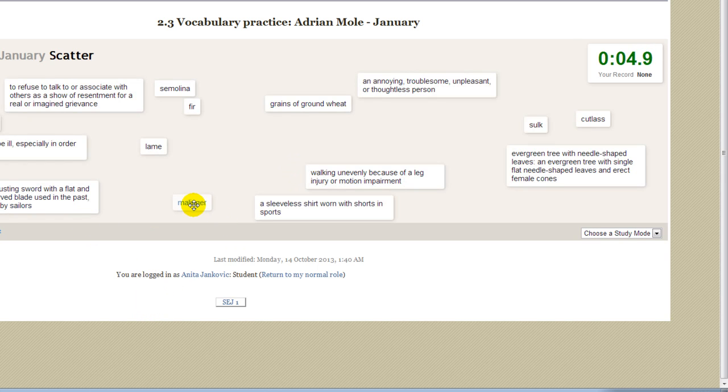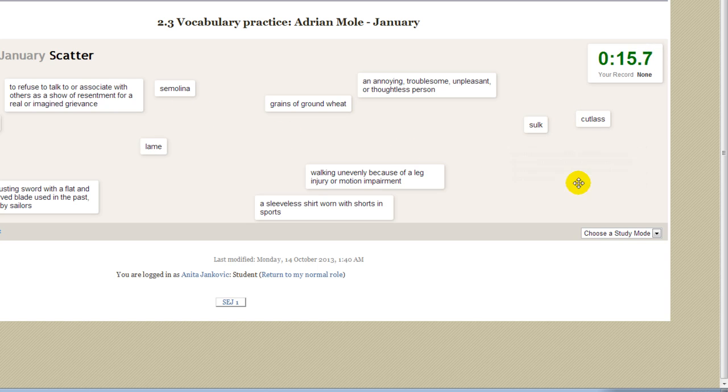Once you connect them correctly, both the word and the definition disappear from the screen. If you make a mistake like this, nothing happens. The words just go back to their place. And of course the point is that you do this as quickly as possible,